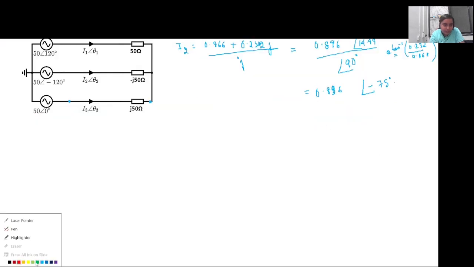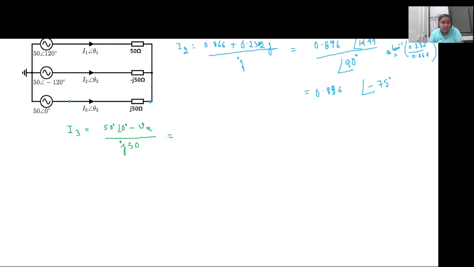Can anyone start solving with me? So what will be I3? I3 is 0.89 angle of minus 45.74. Yeah, that I got it. You got the answer. So I'm just asking someone else, or maybe you also, to start solving